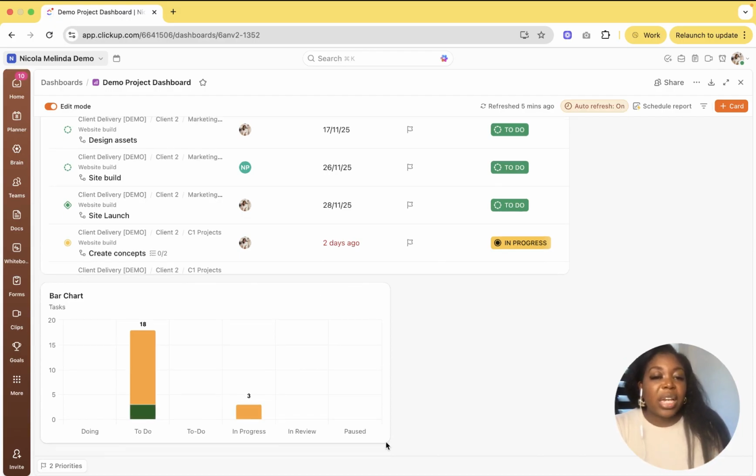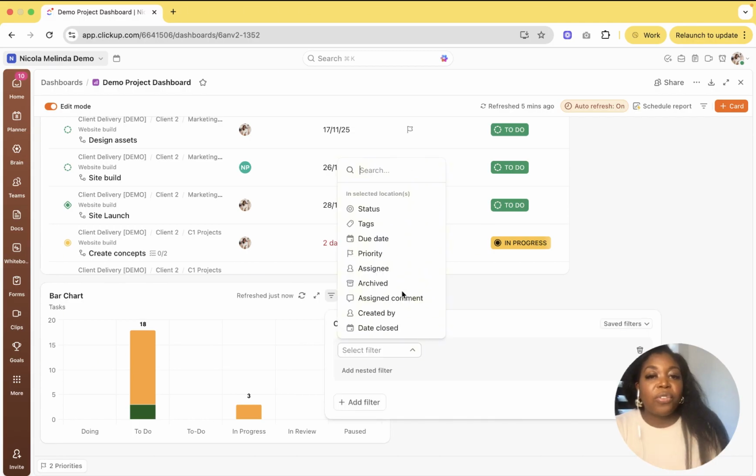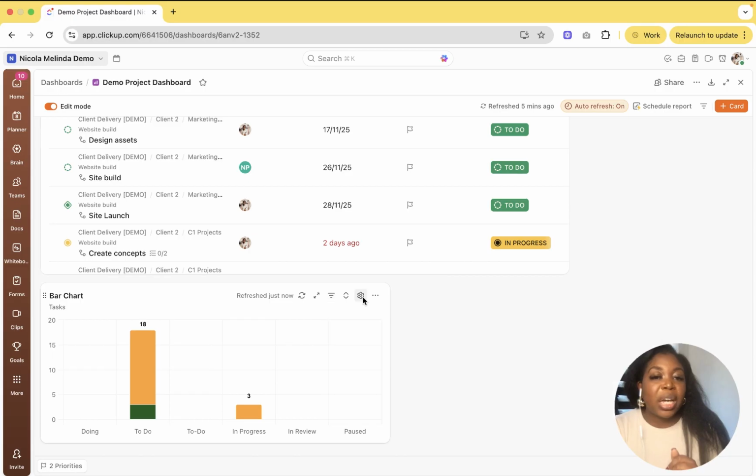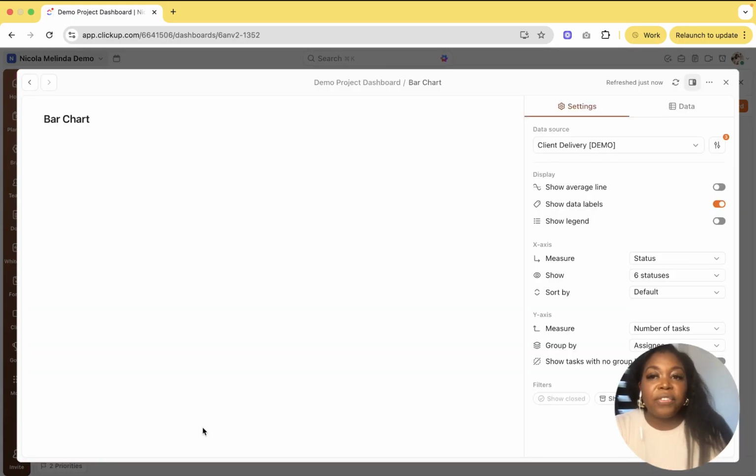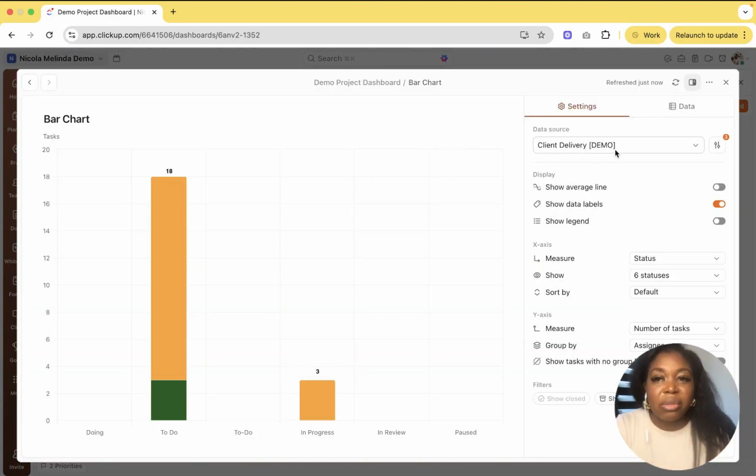And if the data is not showing the way that you need it to, then that's an indication of, do I need to filter down the location of where the data is coming in? Do I need to update any of these settings? So we've got a few statuses that aren't necessarily required. So what we will do